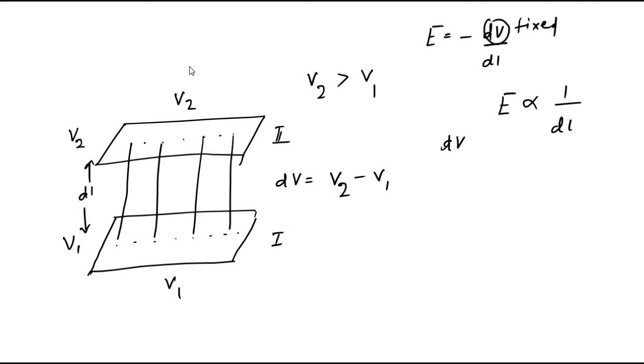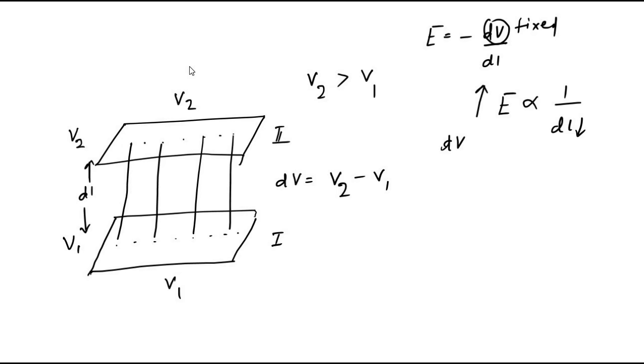So the smaller the gap between these two equipotential surfaces, the higher the electric field strength. Do you understand? Since equipotential surfaces are at a fixed potential value, dV will always be fixed. The difference between the potential points will always be fixed. So electric field is inversely related to the displacement, or the gap, between the equipotential